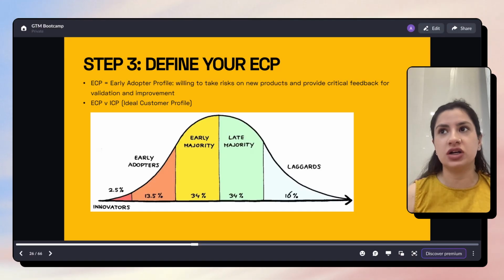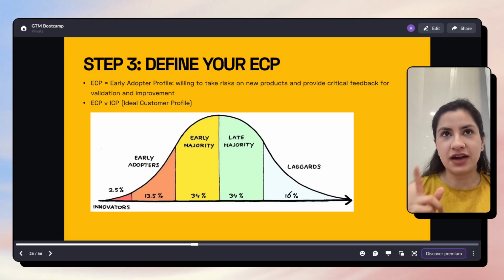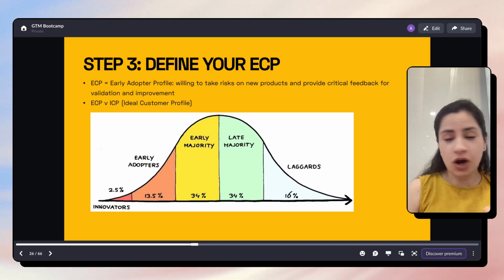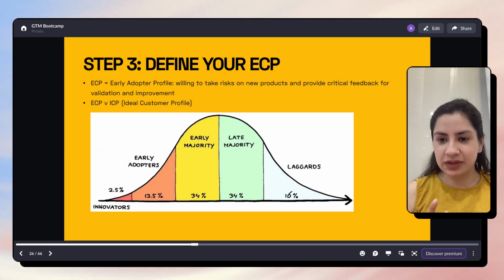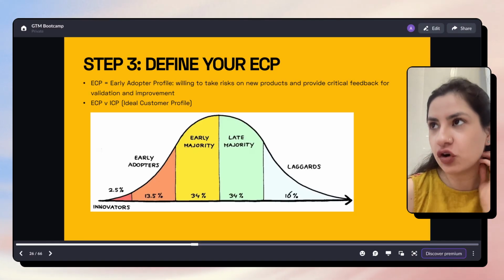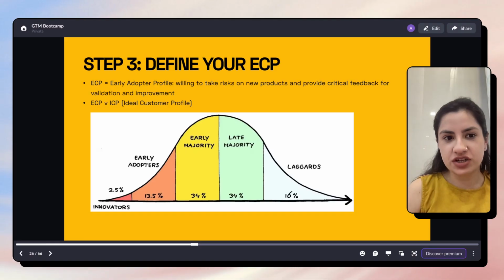I've built this workbook over the last many years of having been a startup founder, operator, advisor, mentor, etc. At my core, I am an extremely organized and structured person. I thrive in that. And GTM is not simple. I at no point intend for this workshop or this boot camp to be easy.